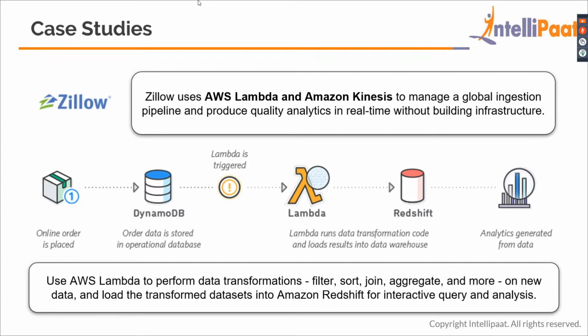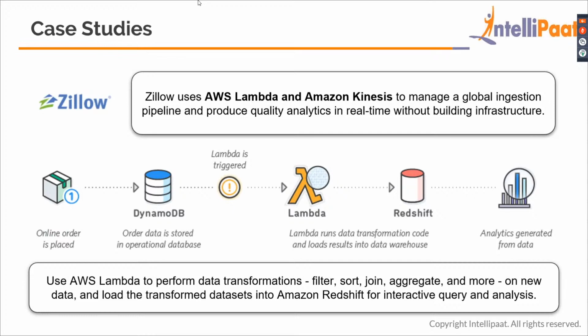But the main part is you're storing data in DynamoDB, which is a NoSQL database. Comes Lambda, whenever data is stored, Lambda is triggered. Lambda runs a code, and that pushes the data into Redshift, which is then used for visualizing data. So if you read the last para, that is use AWS Lambda to perform data transformations,